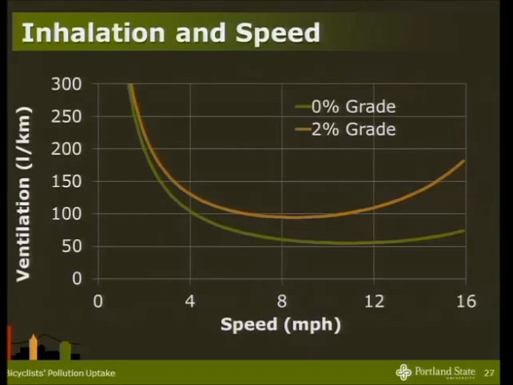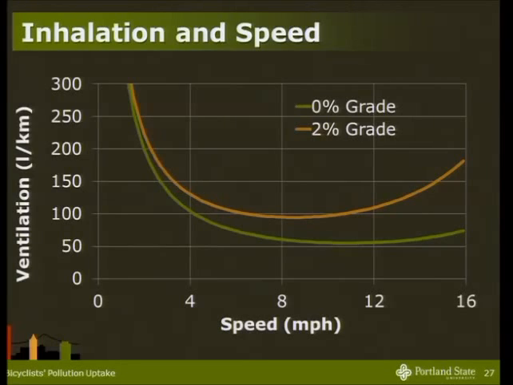And then if we take that and combine it with our ventilation model, then we could develop relationships like this. So here what we're looking at is the ventilation rate now per unit distance for different steady-state bicycling speeds. So here on the horizontal axis is a cruising speed for a bicyclist, and the vertical axis is the volume of air inhaled in liters per kilometer, so liters per unit distance. And the reason we're doing it in distance instead of time is because that's more representative of what would happen over a trip, right? Because you make trips primarily based on distance.